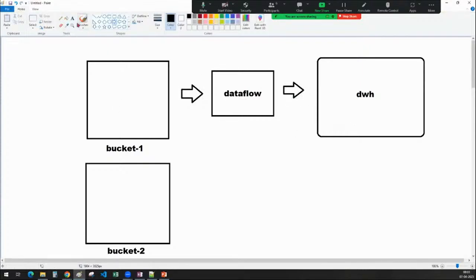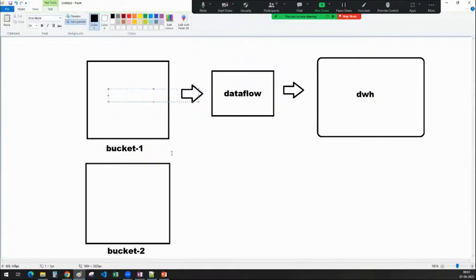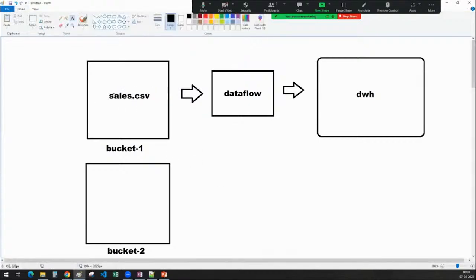Once this entire activity is done, for example, from sales.csv. This is a scenario: there is a CSV file, sales.csv. I got the data from the business. A business is happening behind the scenes, and from that business I got data, and I am using Dataflow for transformation and loading the data to the data warehouse. So once the data is in the data warehouse in the form of a table, I don't need this file to be here, because once the processing is done,